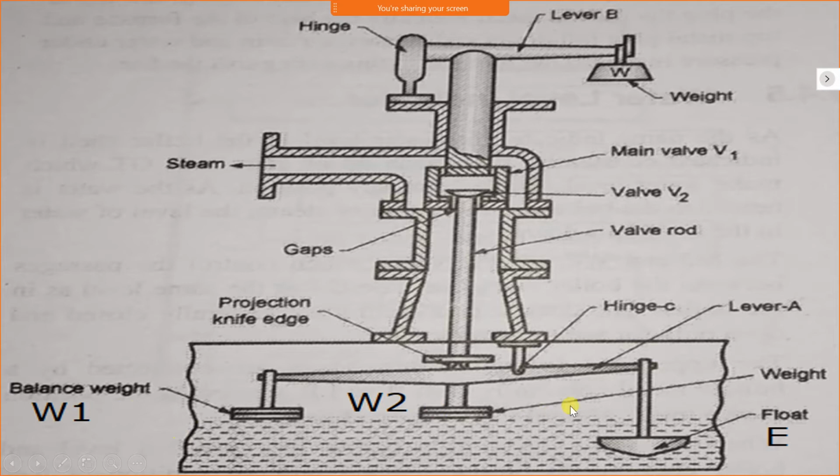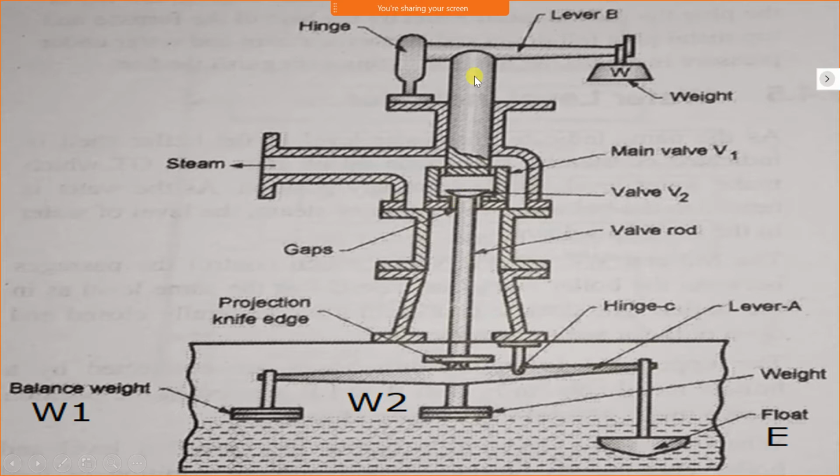How does it balance? Look here, this weight is submerged. Since it is submerged in the water, its own weight reduces. Therefore the balancing weight can balance the bigger weight easily. Hence, since it is submerged, its weight decreases because of the water, and therefore less weight can be used for balancing it. And the middle weight W2 is used for keeping this valve on the valve seat.